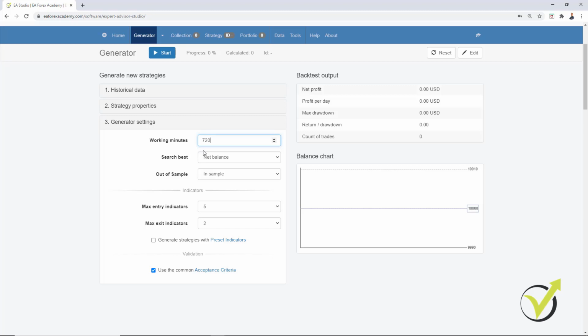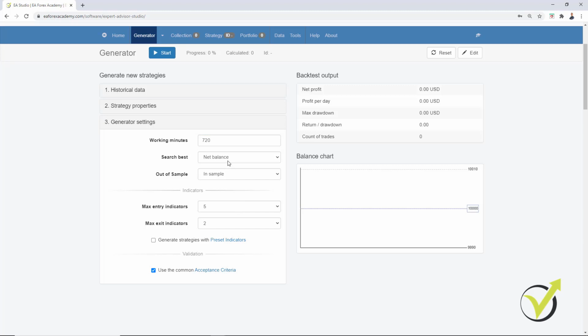Now it's late in the evening and I will leave it working until tomorrow and I will see what results I have, and usually I use it this way. I leave it in the evening and in the morning I see the results. The rest I will leave this way.